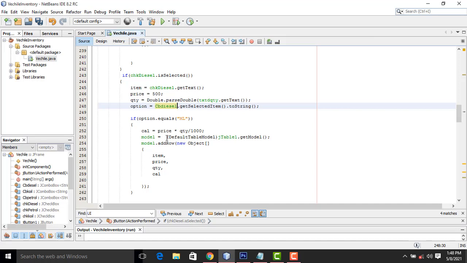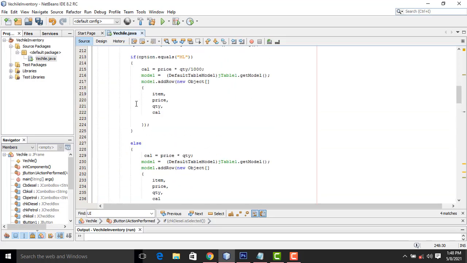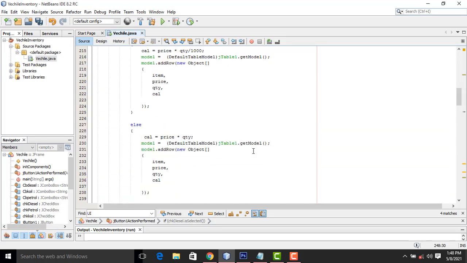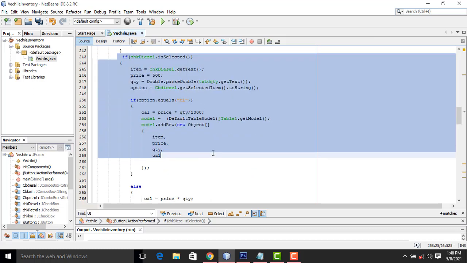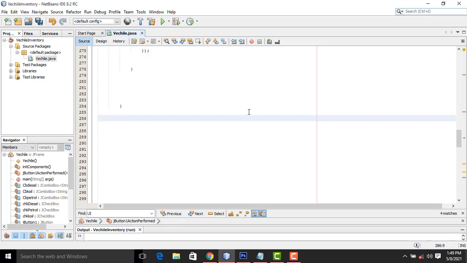The other stuff is the same, we only have to change the name and so on. The same stuff you have to put here. The other thing you have to copy is the same if, Control V to paste here.